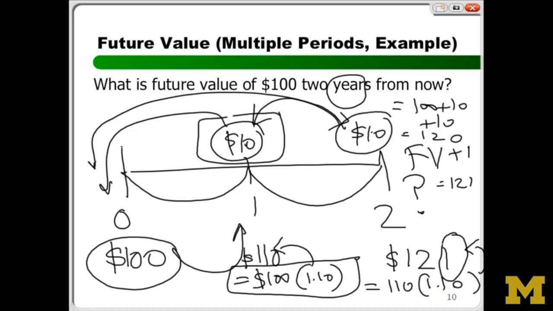The complication is simply coming because you're not thinking about the $10 that comes as interest, which will also start earning interest in the next period. So I've given you a sense of what is the future value of $100 2 years from now, and the concept and formula, let me just repeat one more time